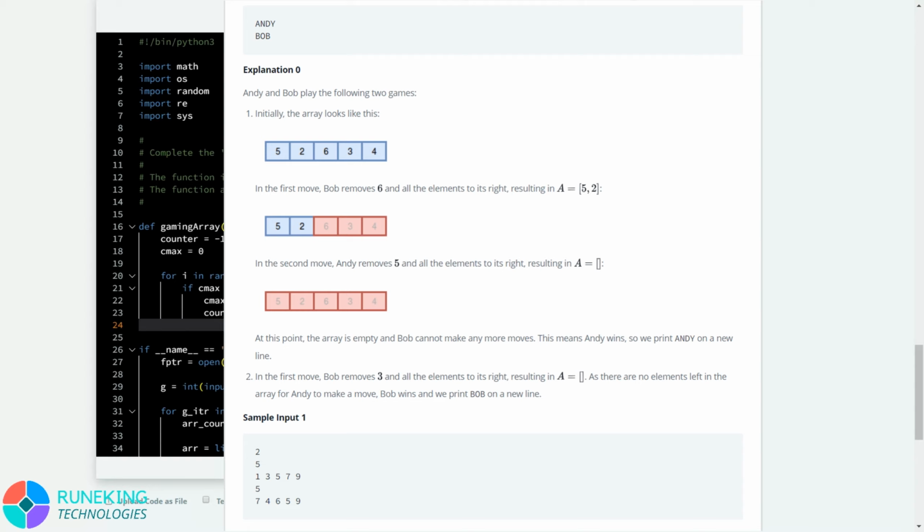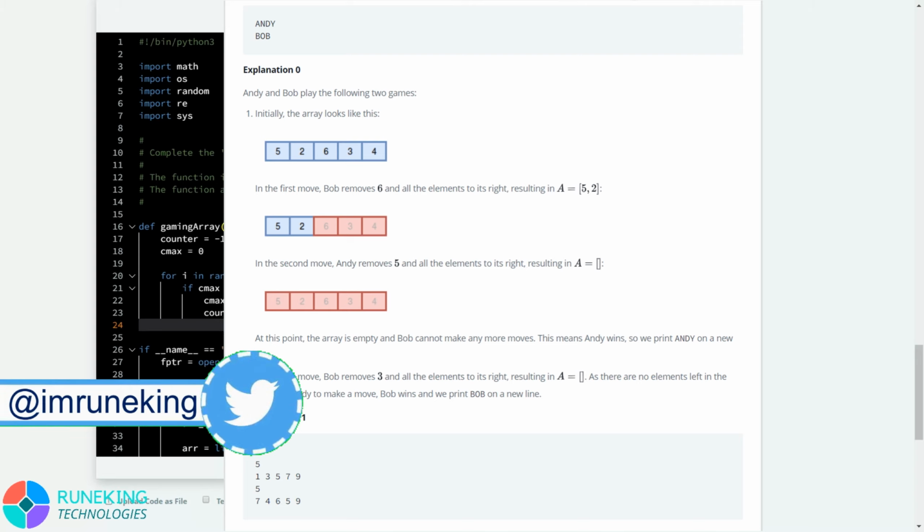After the first move, Bob removes 6 and all the elements to its right, resulting in A equal to 5 and 2. Then in the second move, Andy will remove 5 and all elements to its right. Now the array is empty and the next turn is Bob's. At this point Bob cannot make any move. That means Andy wins, so we will return Andy.